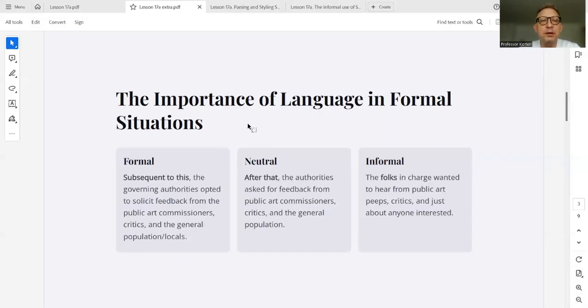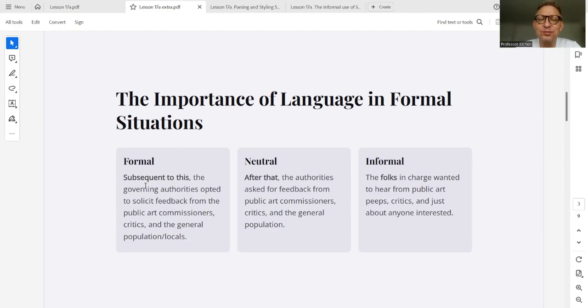Now, the importance of language in formal and informal situations. We're going to start with formal. So this is more formal than the example because the example was a spoken example. And speaking, I'll just tell you, spoken English is by its very nature less formal than written language. There are several reasons for that, but one of them is anything that requires us to write something down generally meant, historically anyway, that it was more important. Now that we're just texting people, that's not always the case.